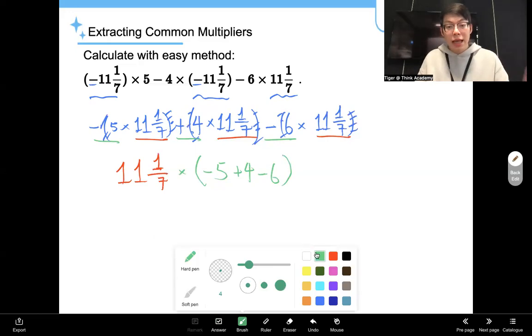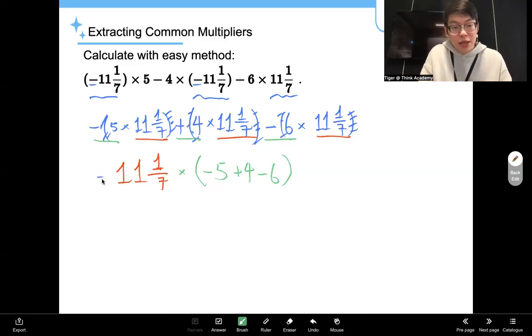So that's going to be the next line of our calculation, okay? And now finally, if you're taking away 11, 5 and 6 makes 11 altogether. So if you're taking away 11 from 4, you're going to get -7, right? So we have 11 and a 7th